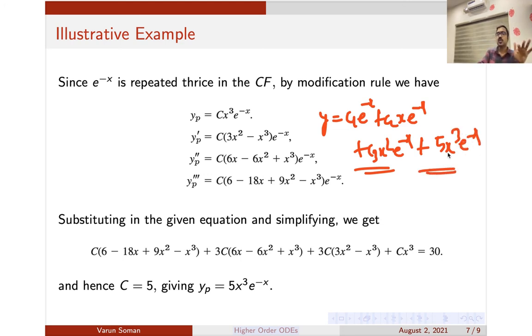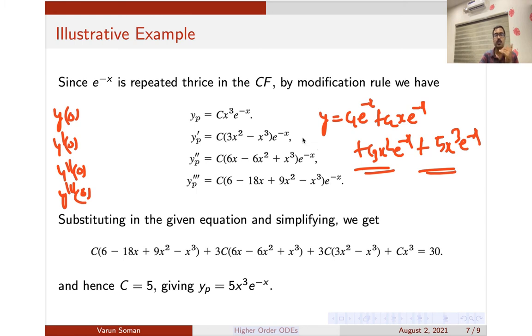Okay. Now the question which we were asked was an initial value problem. So they have given you the values of y of 0, y dash of 0, y double dash of 0, and even y triple dash of 0. I don't know if it's y triple dash, so I'll just check it out. So these things were given to you, so you can use the values. You can look at this one and substitute the value of c. You have to find y dash, y double dash and y triple dash.